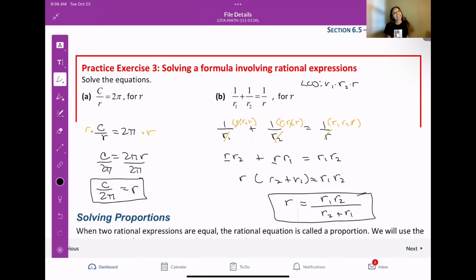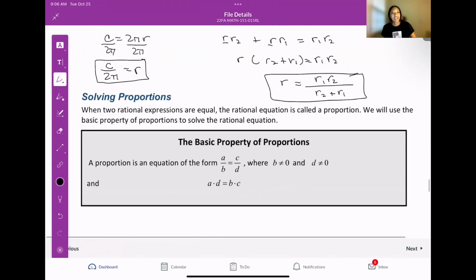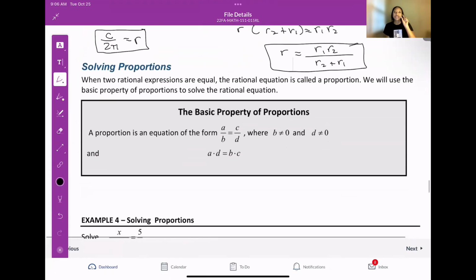All right, last type of problem we're gonna look at is solving proportions. These are my favorites because they're the easiest ones. A proportion is two rational expressions being equal to each other, so two fractions being set equal to each other. We can solve these by cross